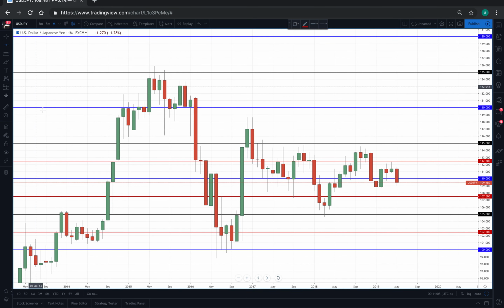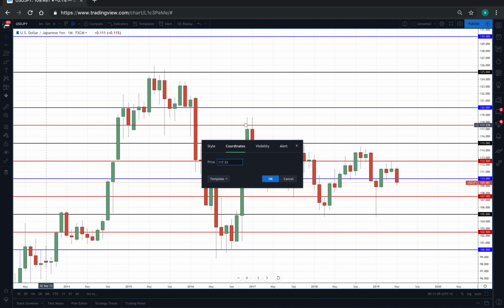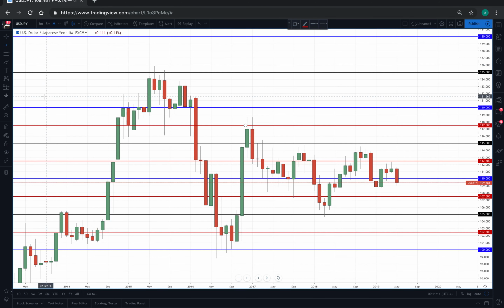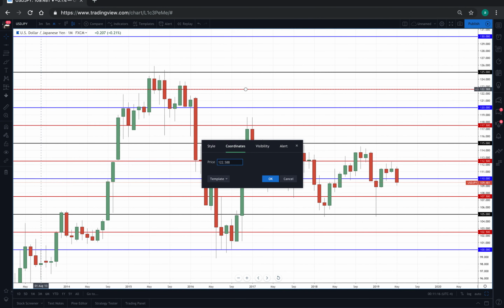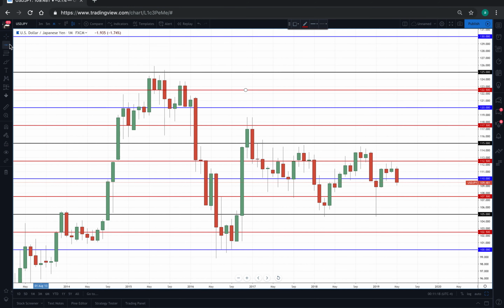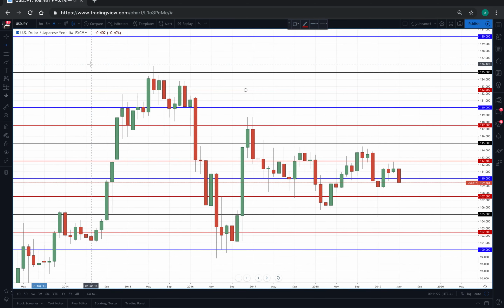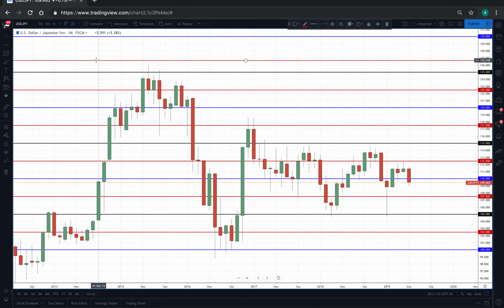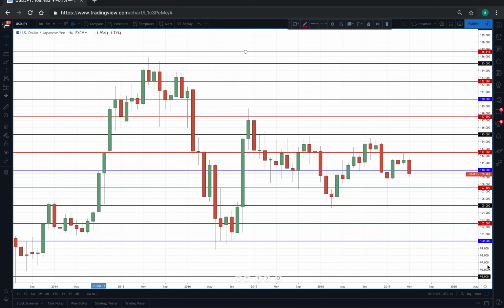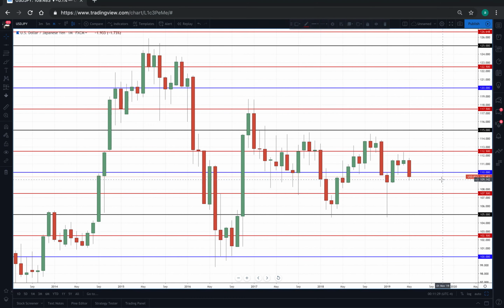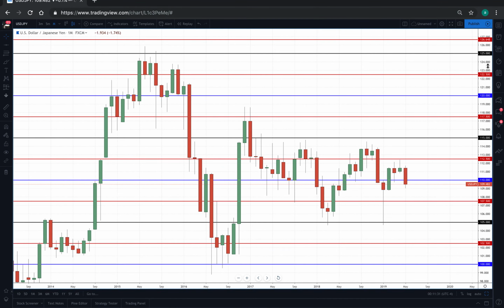Banks, algorithms like to work near these numbers. A lot of traders with the bigger pockets like to work around these numbers, in and out of them, or target these types of numbers. This is where you can see a lot of entries where you might be studying entry points. Some of the best entries can come from numbers like this. So there's a lot of lines on the chart. Looks like a lot of lines, but